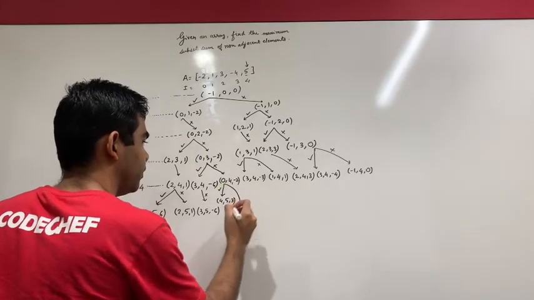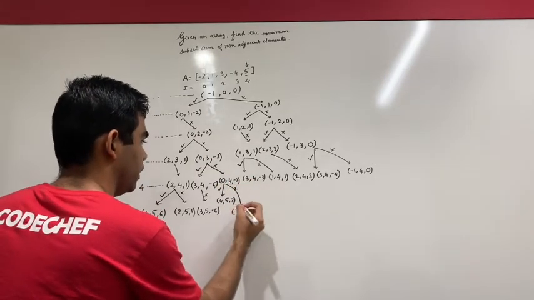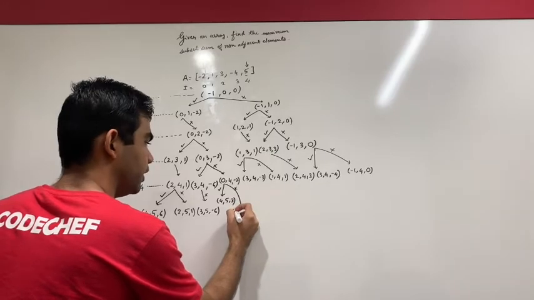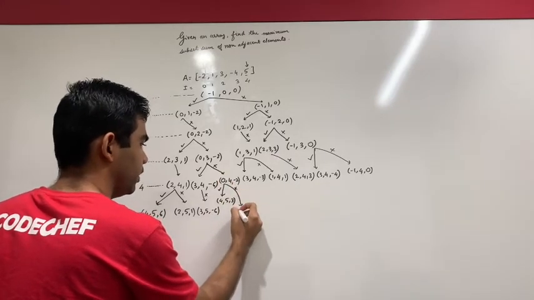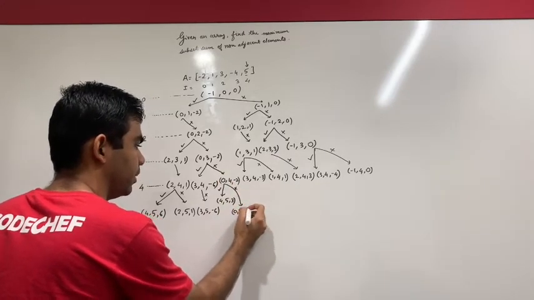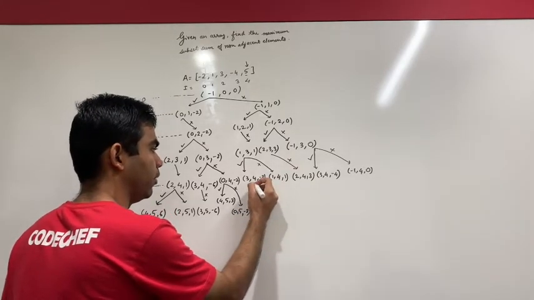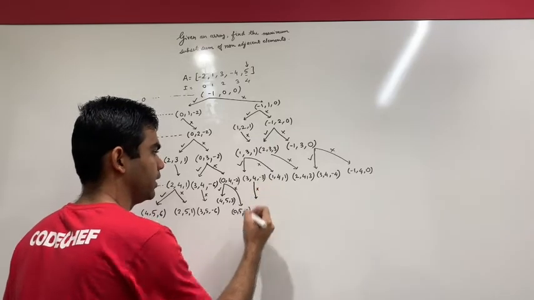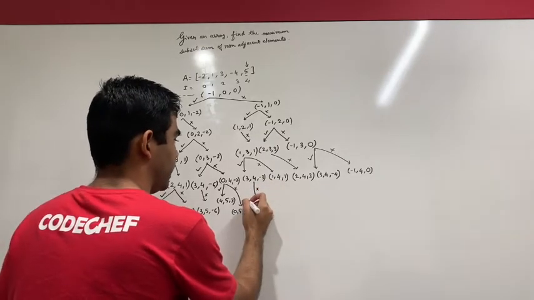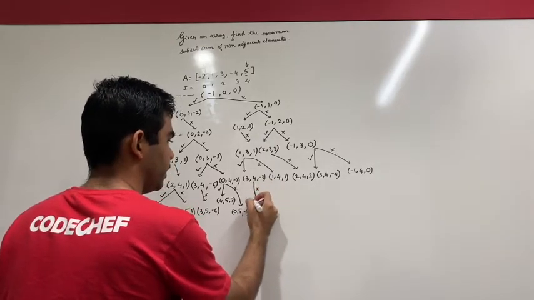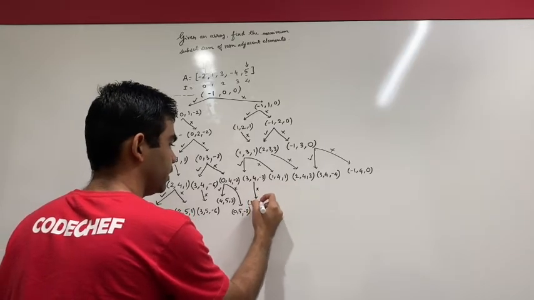And if I reject it, then my last taken index will remain as it is, which is 0. I'll increment my current index and sum remains as it is. So for this node, again, I am only left with one choice, which is the rejection. So my last taken index will be 3, current index will be 5, and sum will be -3.